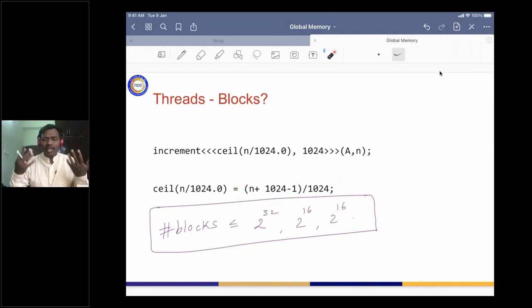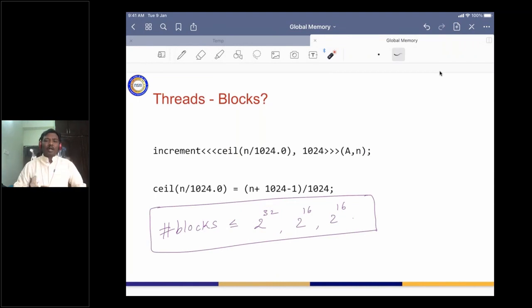Typically, even when people write research-oriented programs, this kind of configuration should more or less work unless we are working with shared memory concepts. So there is one more catch. Typically we can work with this value n by 1024, but if your number of blocks is very heavy, then you have to pay attention to these numbers, right? The maximum number of blocks that you can launch in the X direction will be around 2 power 32, maybe 2 power 32 minus 1.